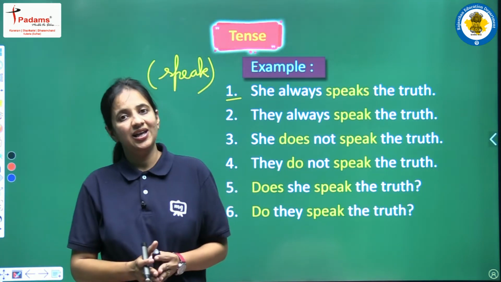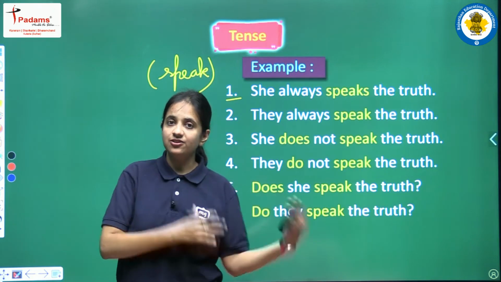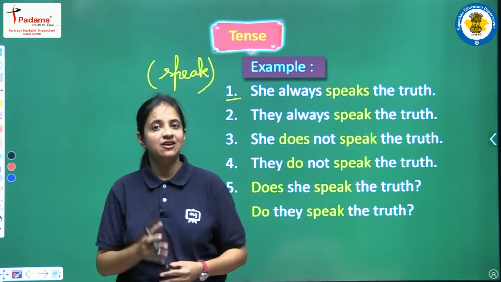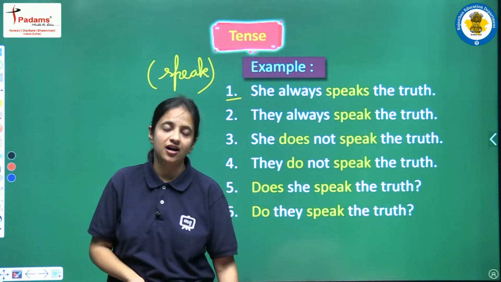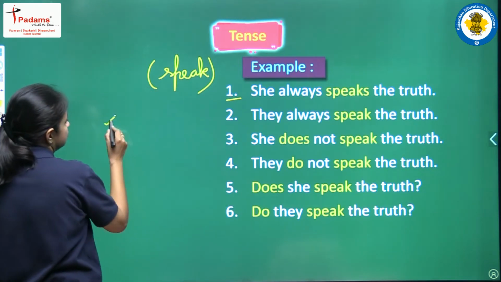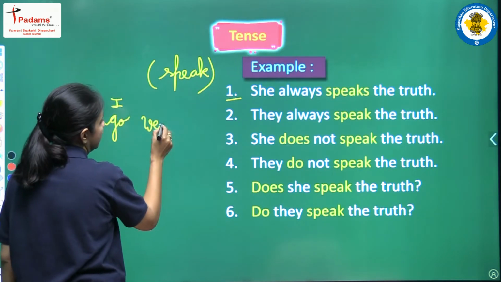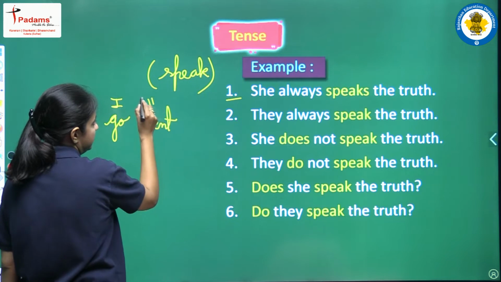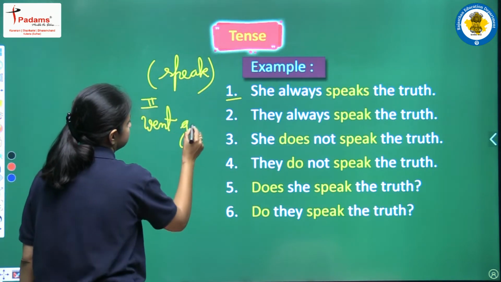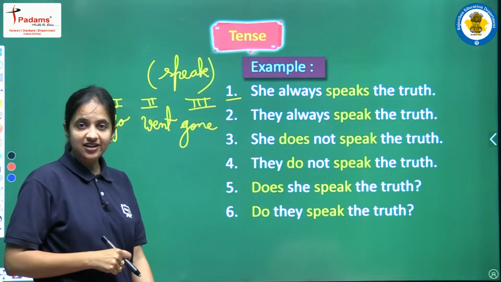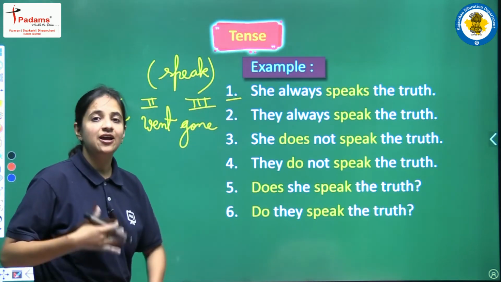And yes, you have to learn all the three forms of the verb, okay? आप सबको पता है ना जो main verbs होती हैं, that is having three forms. Like if let's take go. So go is the first form. Went is the second form and gone is the third form, right? So each and every verb, they are having three forms.